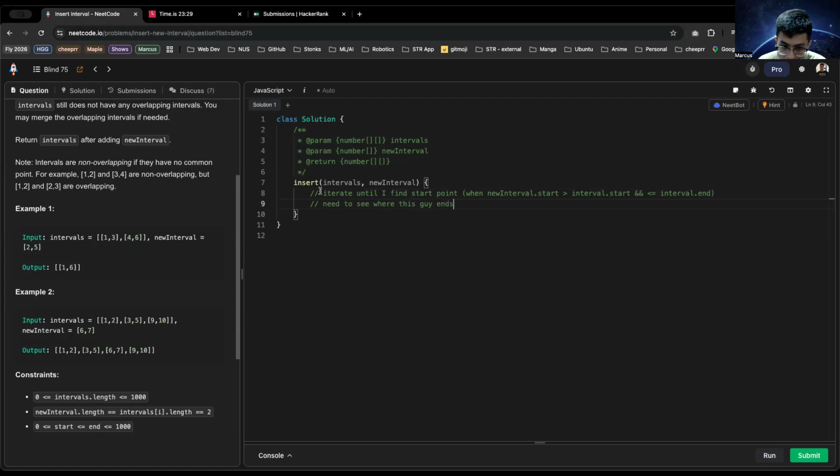No, iterate until I find the start point. Okay, so this is not done. The start point is actually equal to two scenarios: there is overlap and no overlap. So in the event that I iterate until the new dot start is greater than current dot end